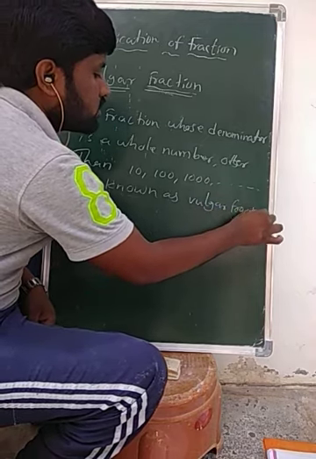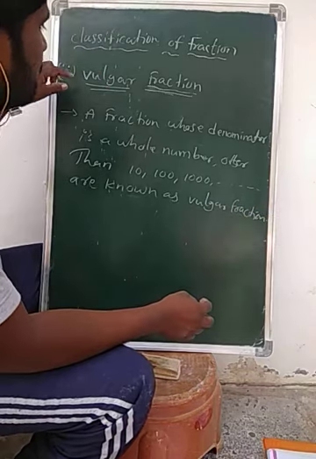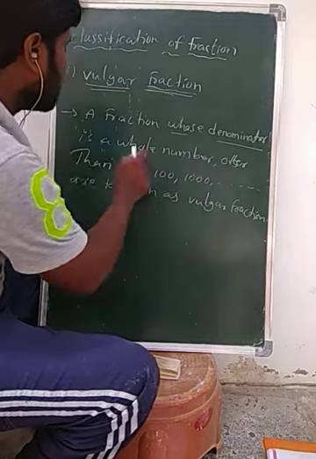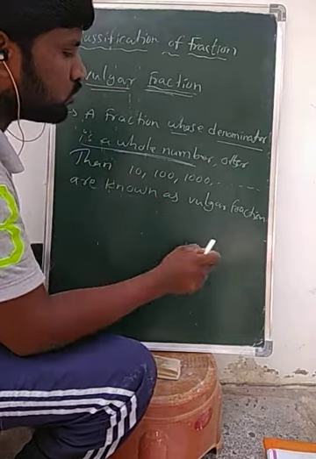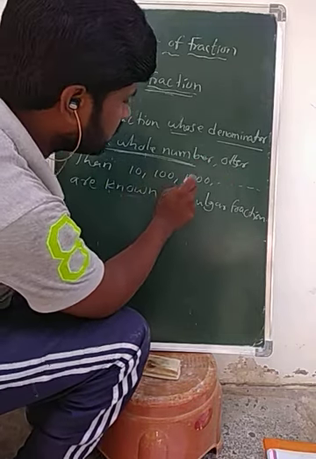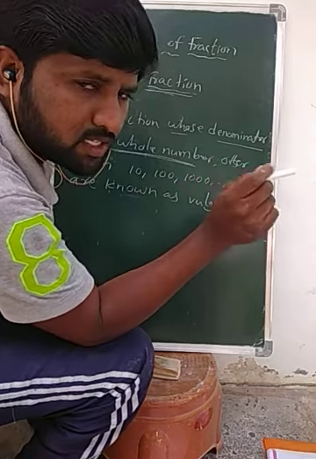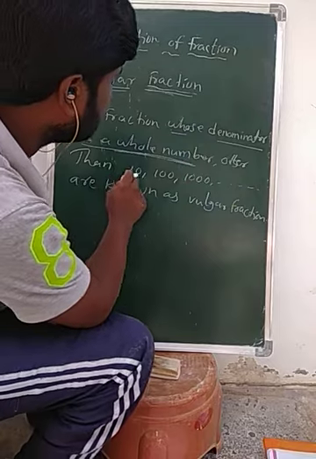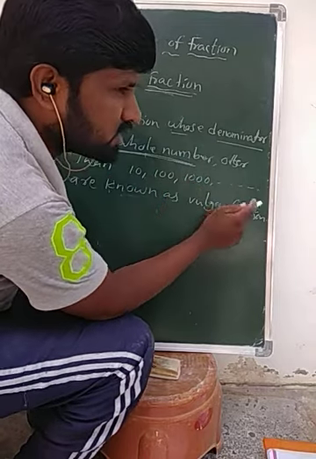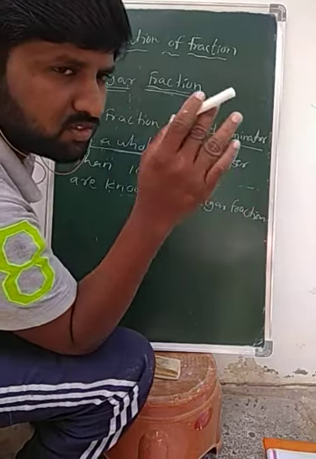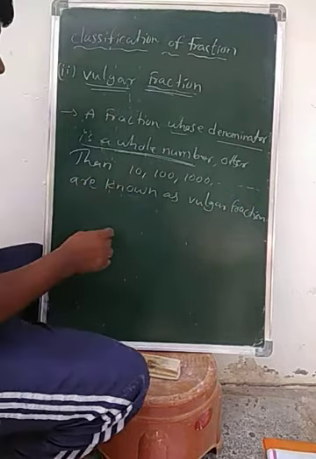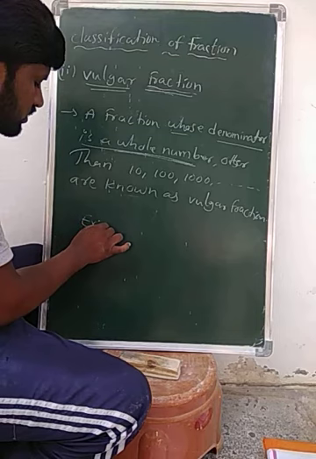Is it clear, students? What is the definition of a vulgar fraction, Anna? A fraction whose denominator is a whole number. We know 10, 100, 1000, these are whole numbers, but in a vulgar fraction the denominator is other than 10, 100, 1000 etc. అంటే the power of 10 లేకుండా రిమైనింగ్ ఏ హోల్ నెంబర్ అయినా ఉండొచ్చు in the place of denominator. Now we can write the examples here.